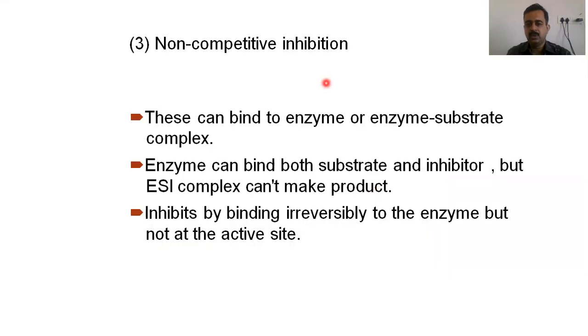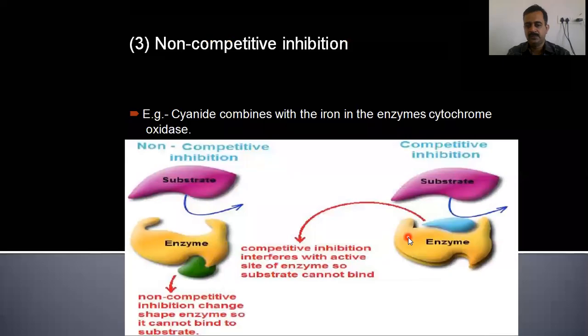Competitive, uncompetitive, non-competitive: these can bind to enzymes or enzyme substrate complexes. The enzyme can bind to substrate and inhibitors, but the ES complex can't make the product. Inhibiting by irreversible binding to the enzyme, but not at the active site. See,